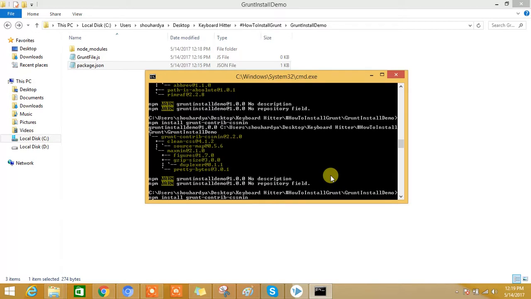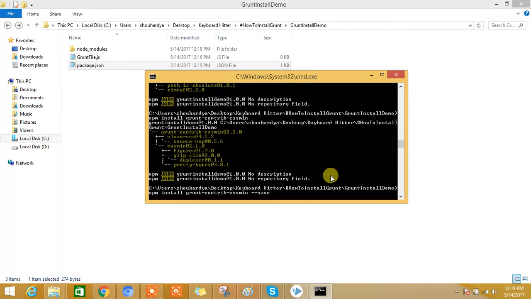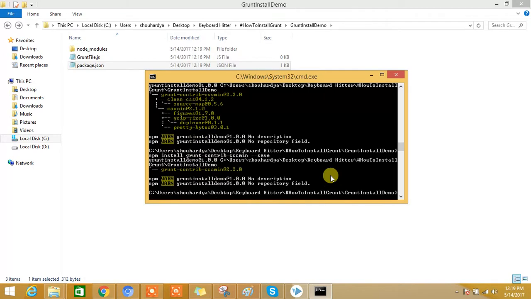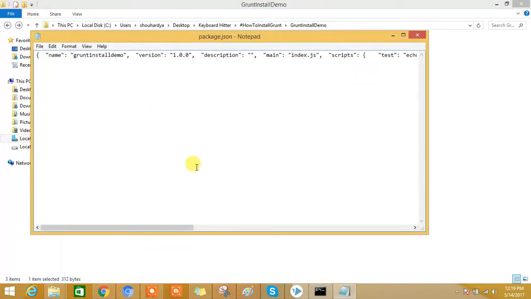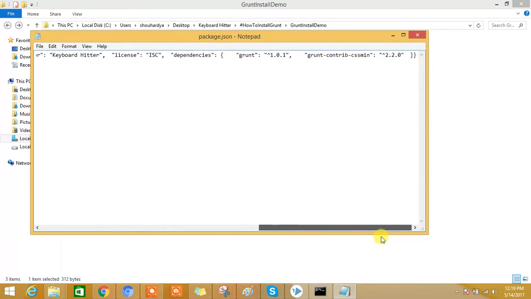So to do so, all the time we need to add this flag as well, --save. Basically this will save this dependency into the package.json file dependency list. Now if we again install this module, we'll get to see this dependency listed in the package.json file. Now if we go back to the package.json file and see the dependencies list, you can see grunt-contrib-cssmin has been added.